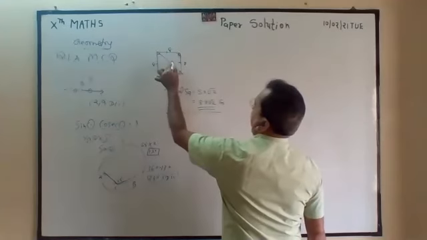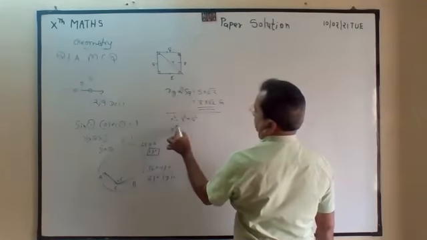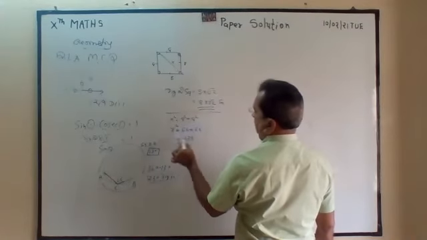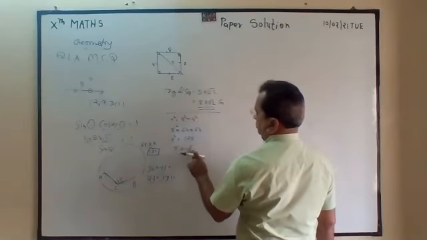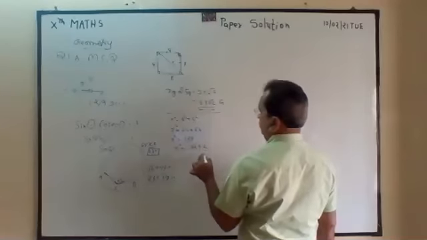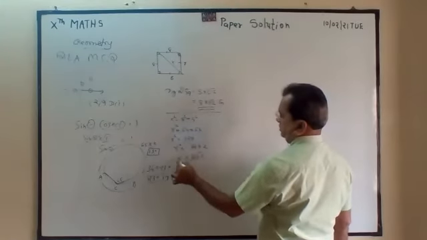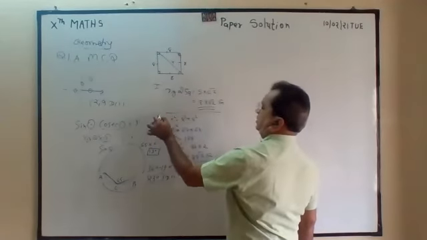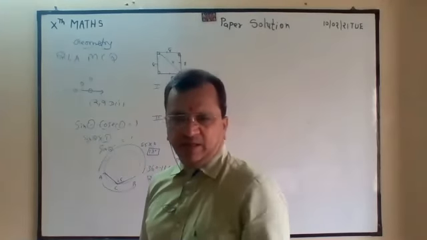And this you have to find out hypotenuse. So x square is equal to 8 square plus 8 square. So x square is equal to 64 plus 64 is equal to 128. So x is equal to 64 into 2. So 64 square root is 8. So this is the first method directly by the formula. This is by Pythagoras. You can do it by Pythagoras, you can do it by formula.